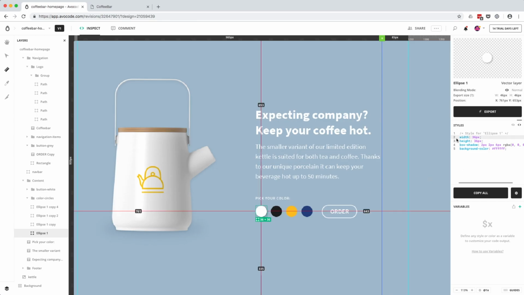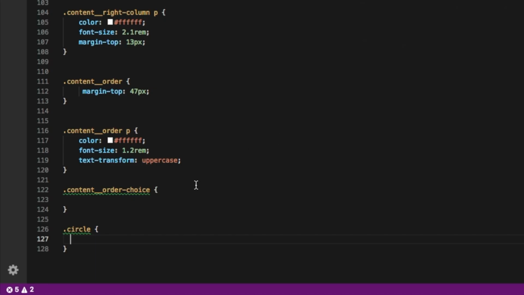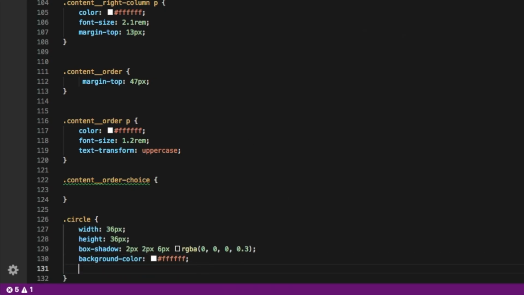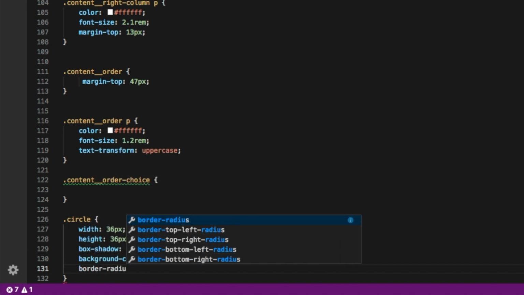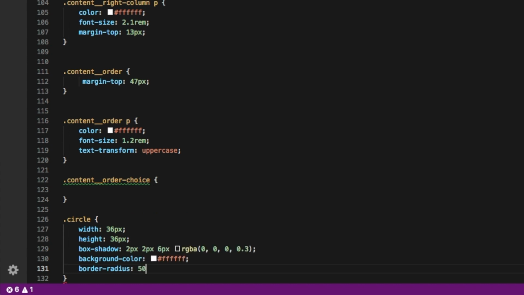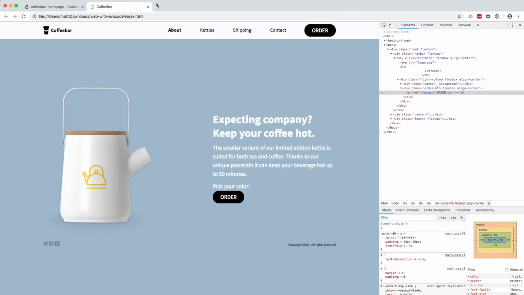Select a circle and let's just copy all of it. In order to make it a round circle, you're gonna have to give it a border radius 50%. So in code, you can see that we have 4 perfectly rounded shapes right here, and each needs their